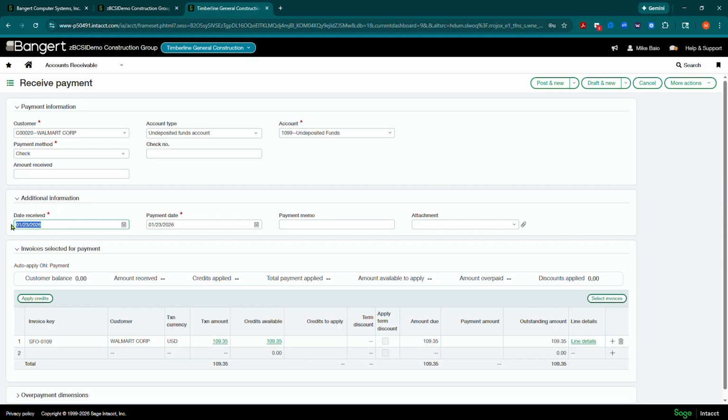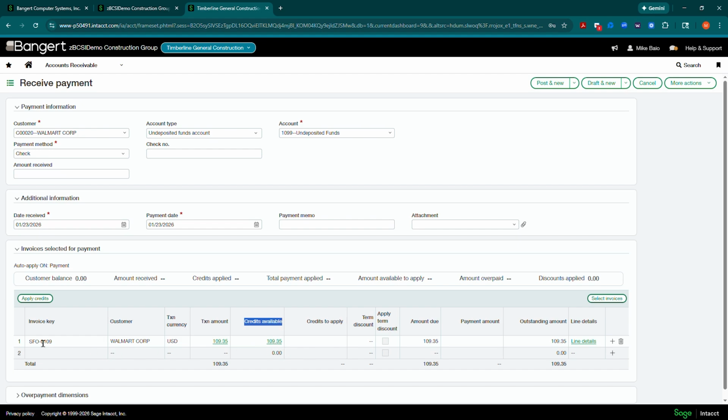Be cautious here. You want to make sure that your date received is the date that you want to clear these two out together. So if I don't do my date received until February 1st, they're going to show on the aging in January. So today's date, we'll use that. And then down here, you'll notice it'll show you, here's your open, and here's the credit that you have available.